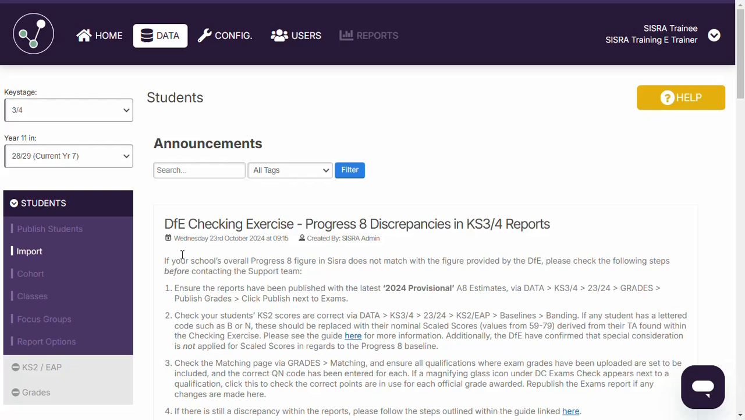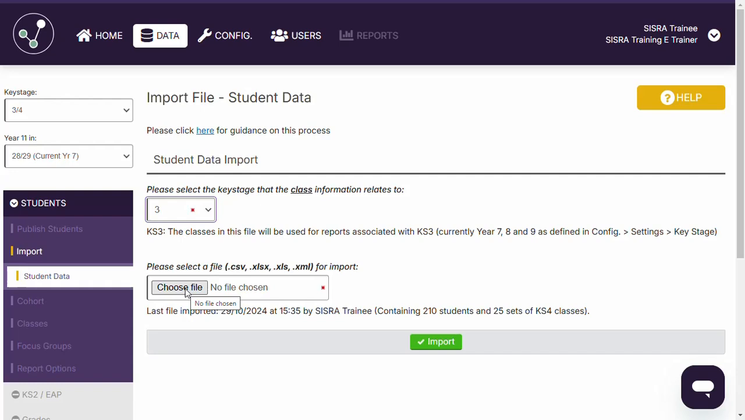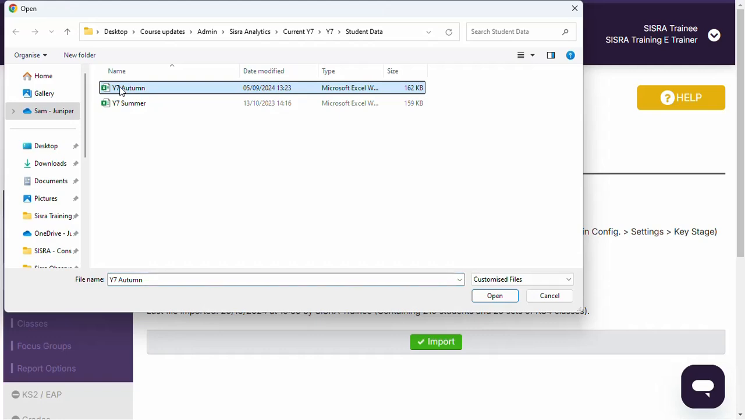I'm just going to very quickly show you what the new screens look like and what you would need to do. So first of all, to import your student data, when you click on to import, it will ask you as normal to select the key stage and to select the file. Please note at this point you don't need to have run it through the Sisra add-in first. You can see the approved formats up here, and all you'd need to do is just choose your file. So I'm going to pull through my Year 7 data